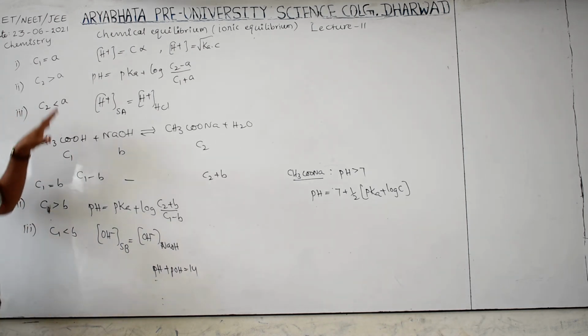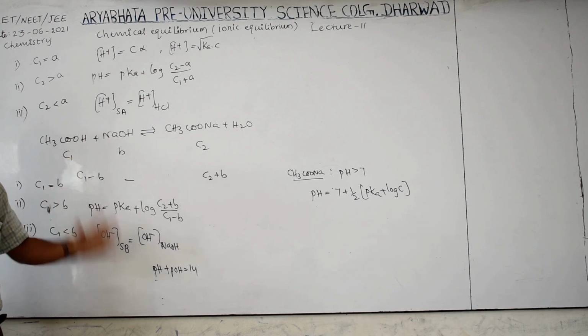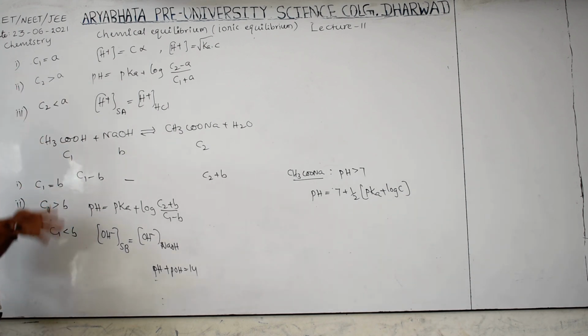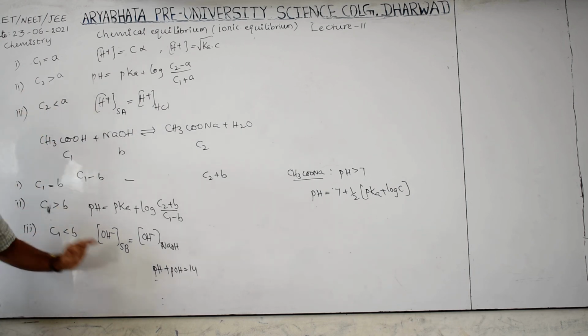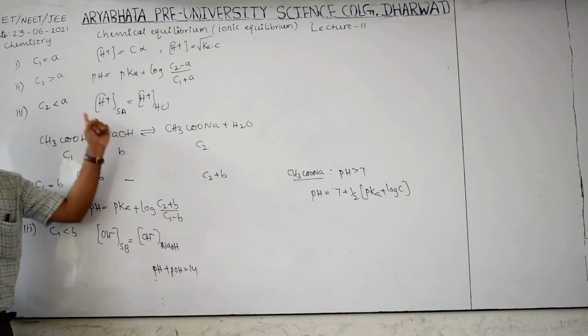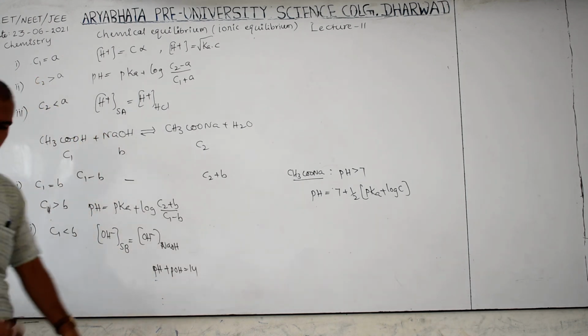So these are NEET level and JEE Mains level formulas, these three cases, and I explained only with the acidic buffer. The same concept you have to try with the basic buffer solution, that is homework for you. I explained very clearly, so apply the same to the basic buffer solution.